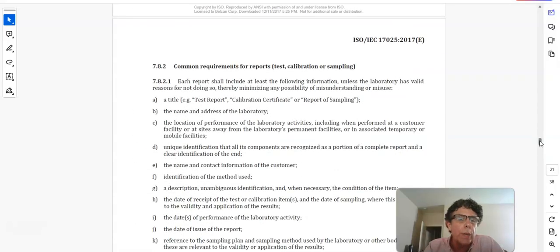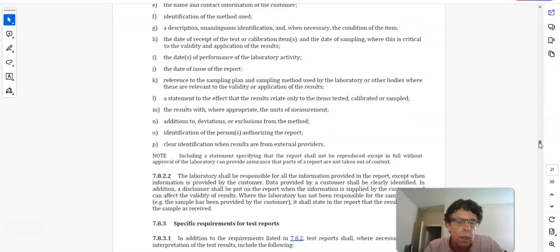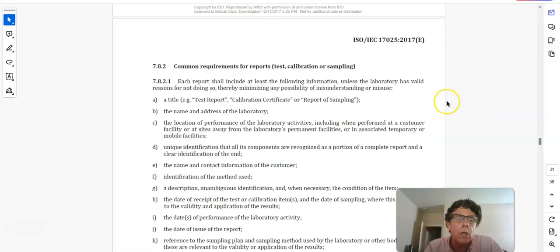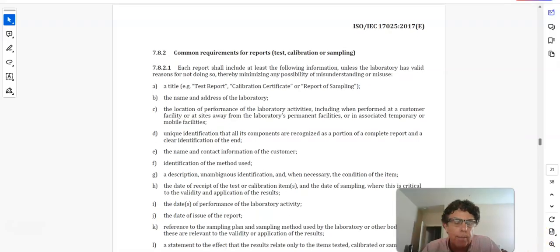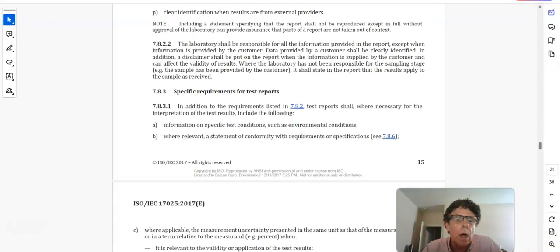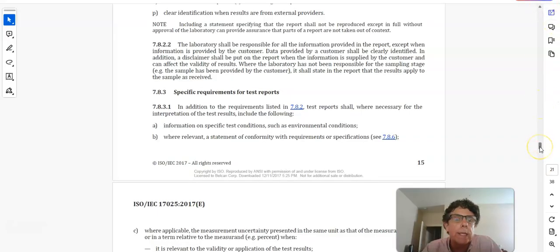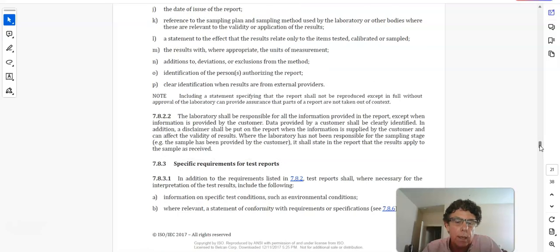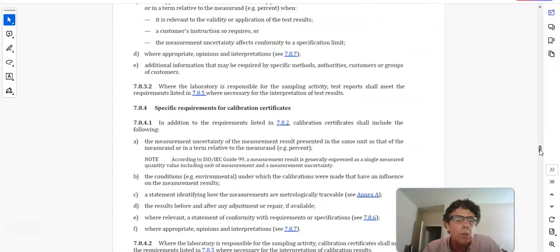But then there's also the requirements of what goes on a calibration report, which is all, this section 7.8.2.1 is what goes on a test, calibration, and sampling report. So if you're a calibration lab, you have to put all these things on here. But if you are a calibration lab and not a testing lab, you also need to put in the requirements that pertain specifically to a calibration lab, which would be section